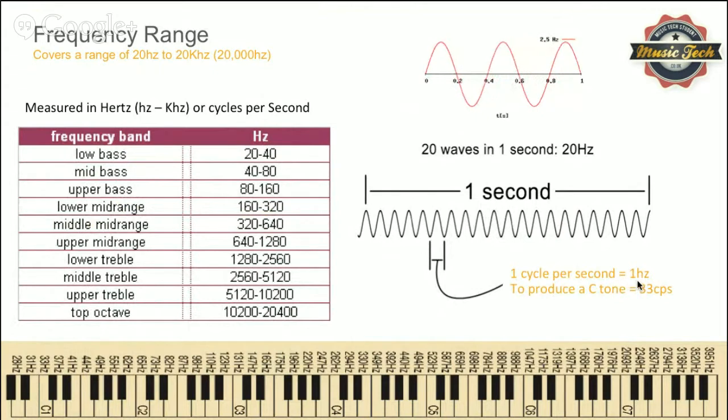So one cycle is 1 hertz, and you can see from this sine wave here that as you produce more sine waves per second, the frequency is going to get higher, and this is what's happening. Okay, so in order to produce the first lowest C tone, which is down here, the C1, you need 33 cycles per second to produce 33 hertz. Okay, and as that creeps up, you're going to see that it goes all the way from 20 hertz to